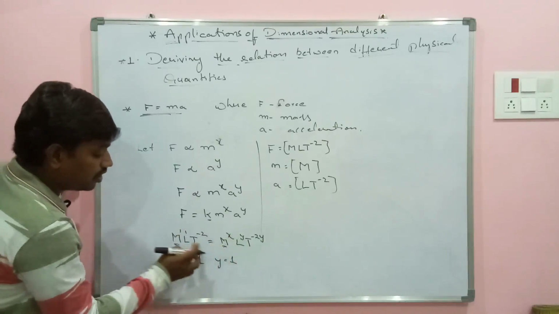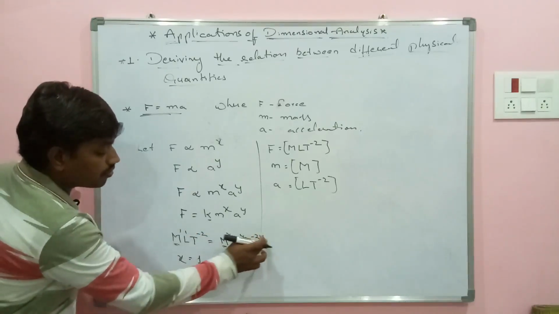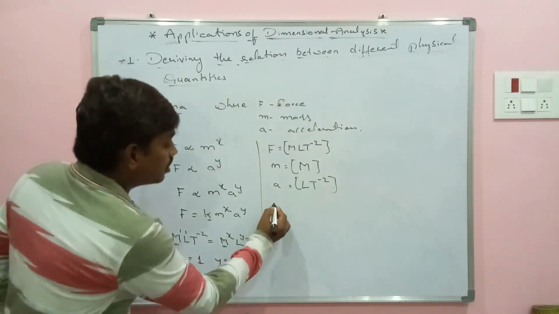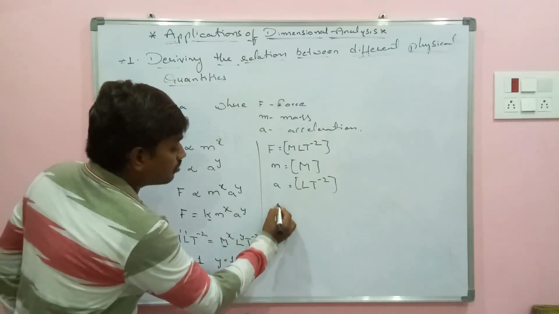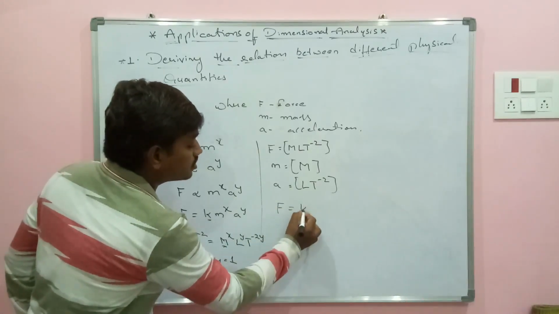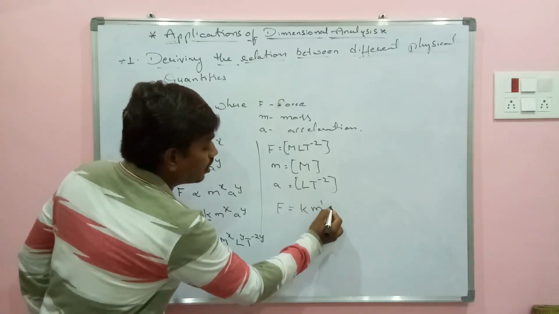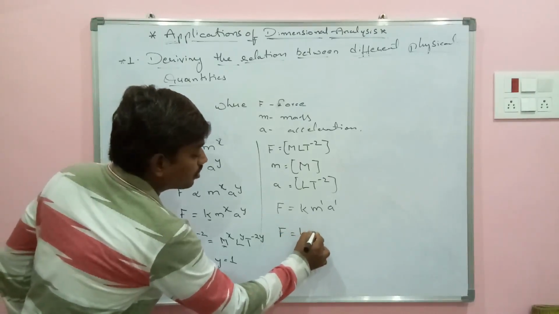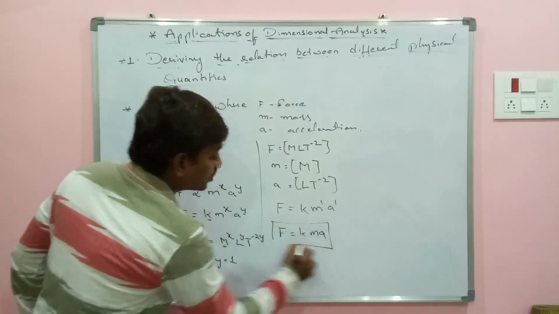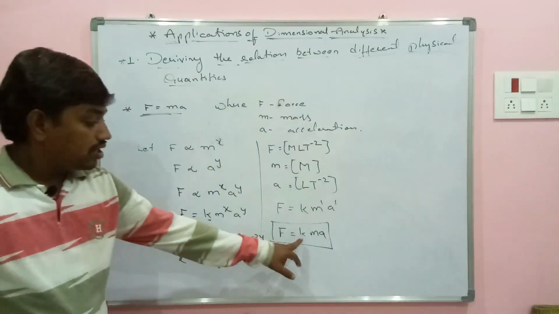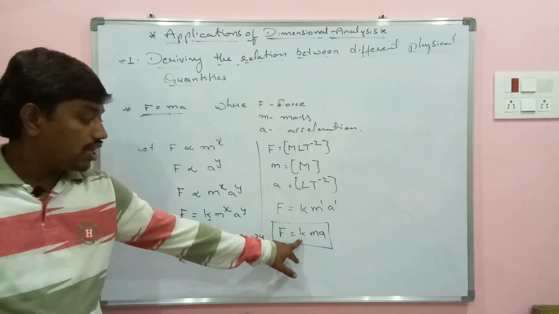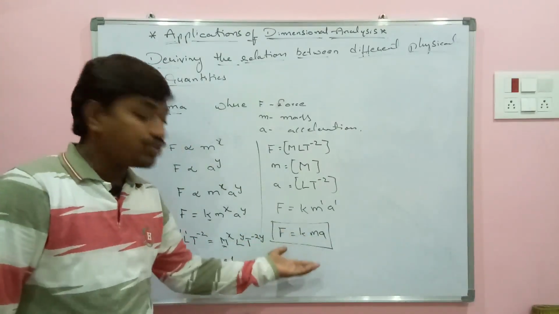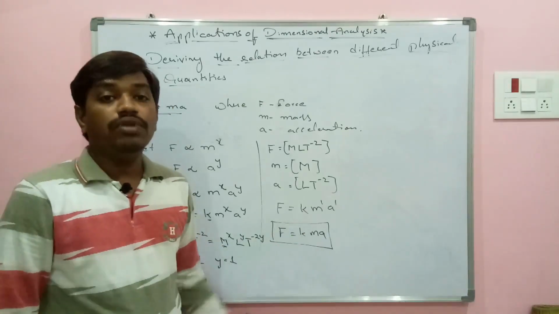And similarly T to the power of minus 2, T to the power of minus 2y. So it will be satisfied only if y is equals to 1. So from here, as k is proportionality constant, I will be getting equation F is equals to some constant k into m to the power of 1 and a to the power of 1. Or simply I can write F is equals to some k into ma. This is the actual structure of the formula. This k we will be taking as a proportionality constant, and by this method we cannot find the value of k, but we will be getting the actual structure to derive the formula for force.